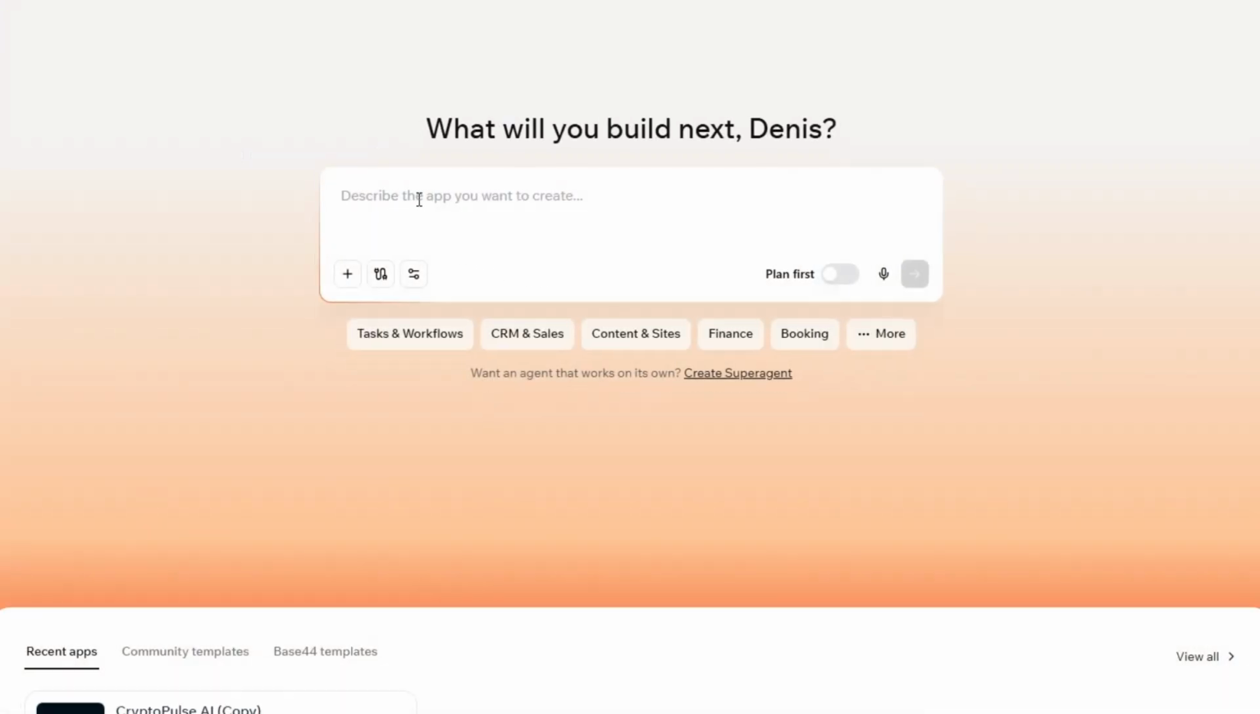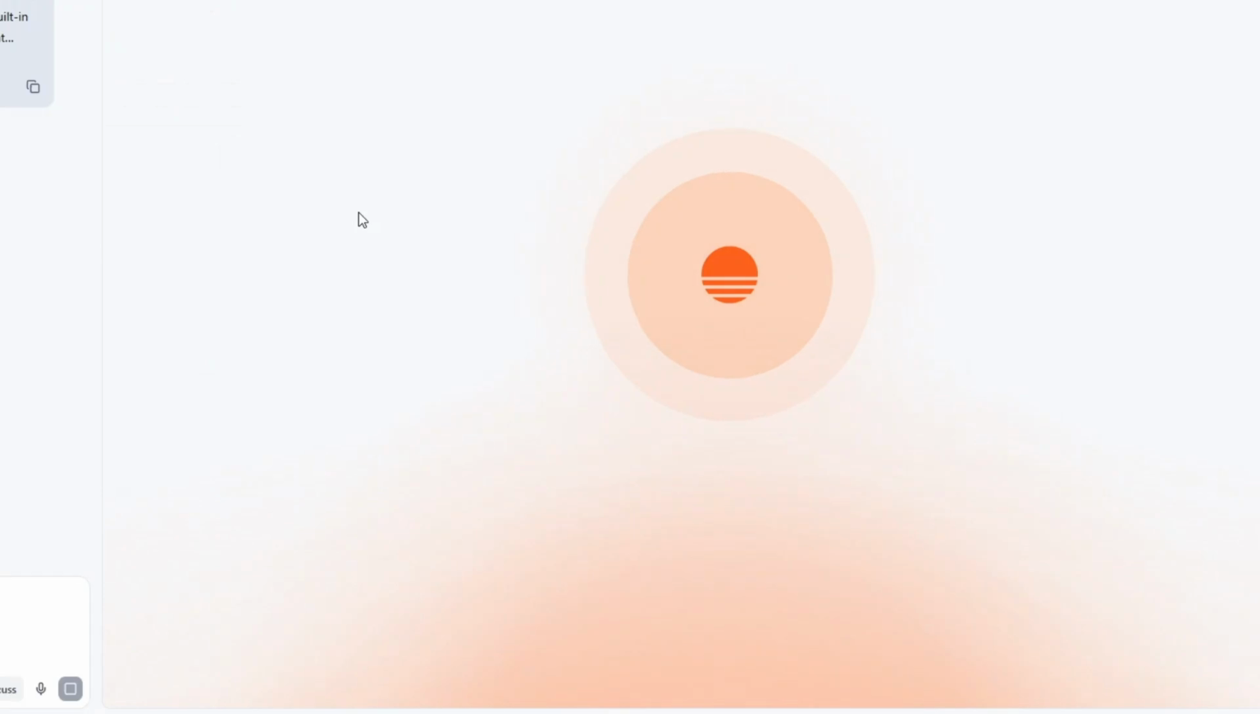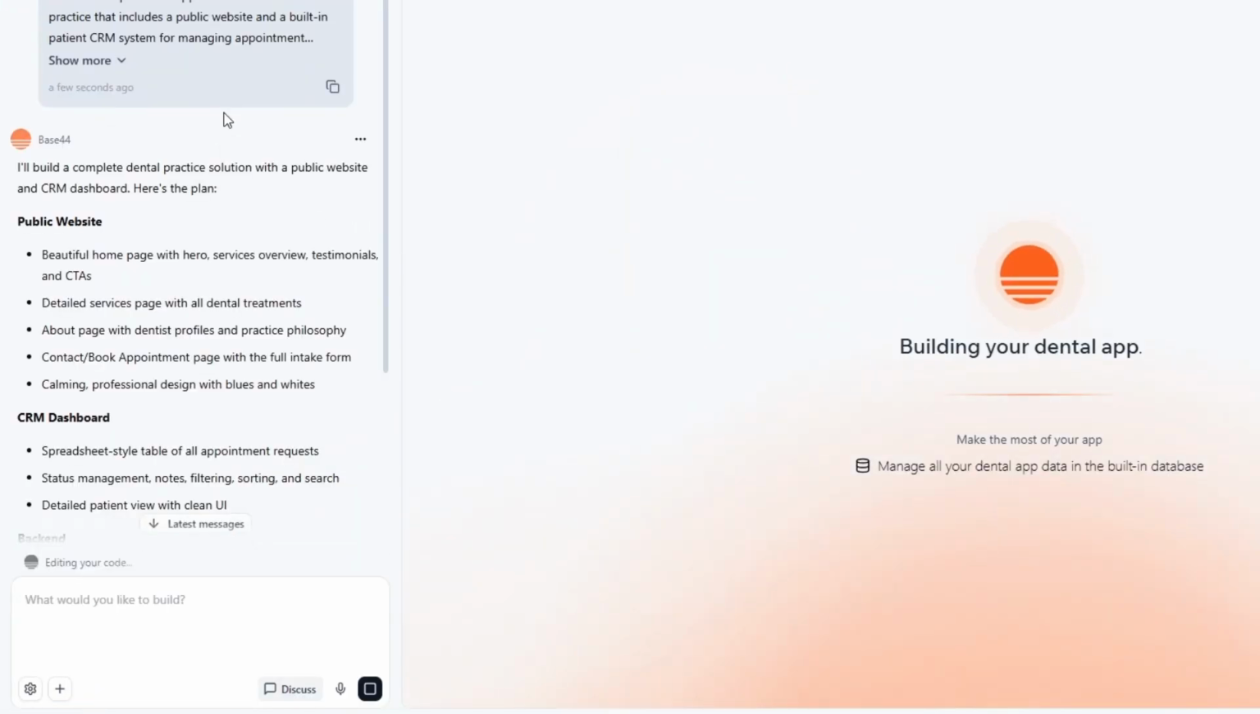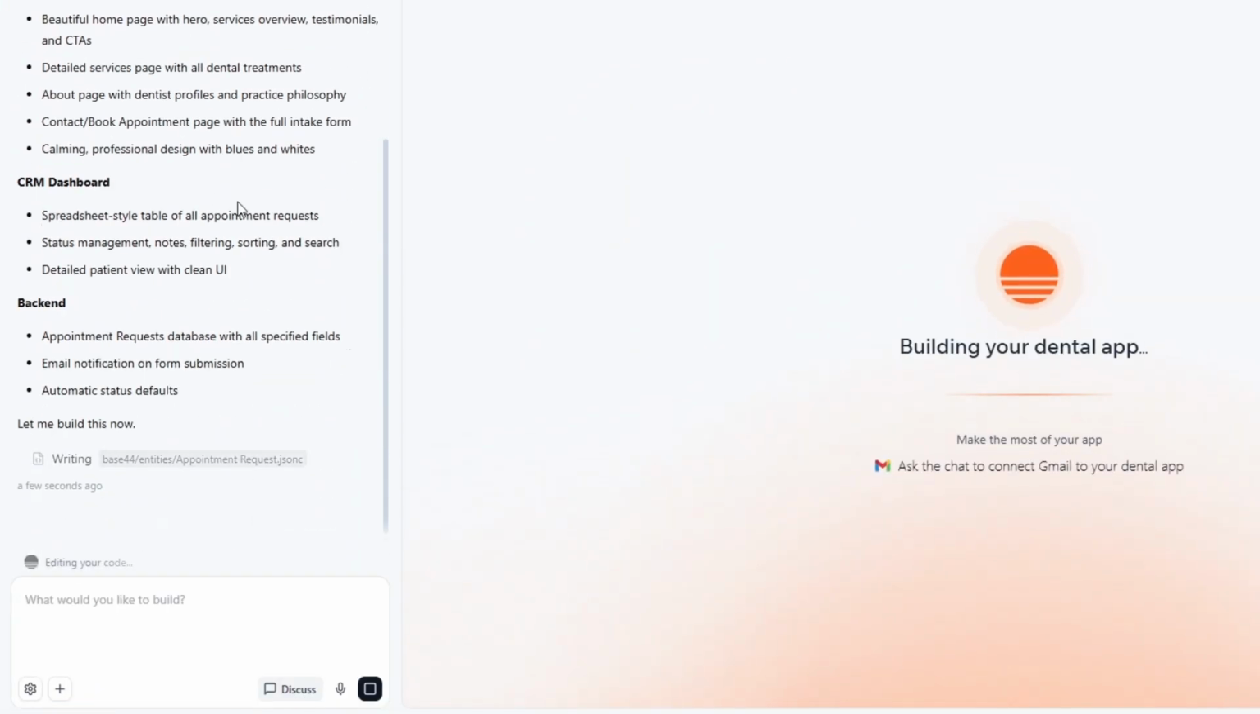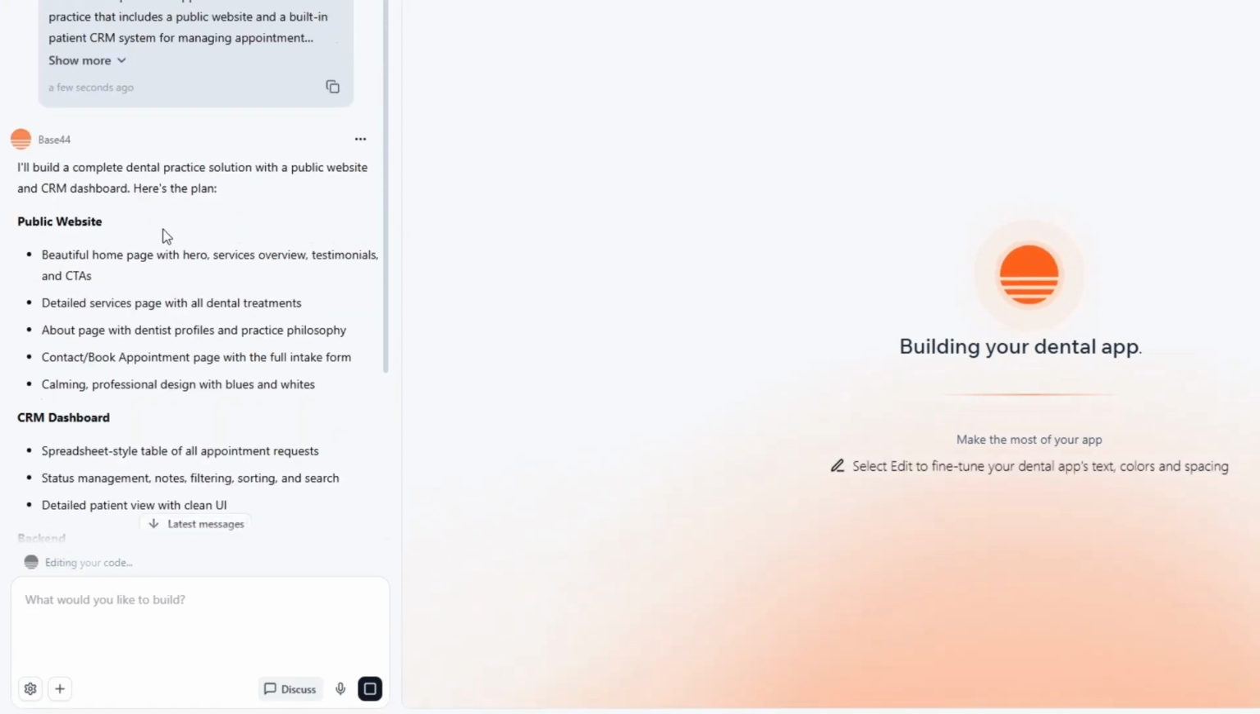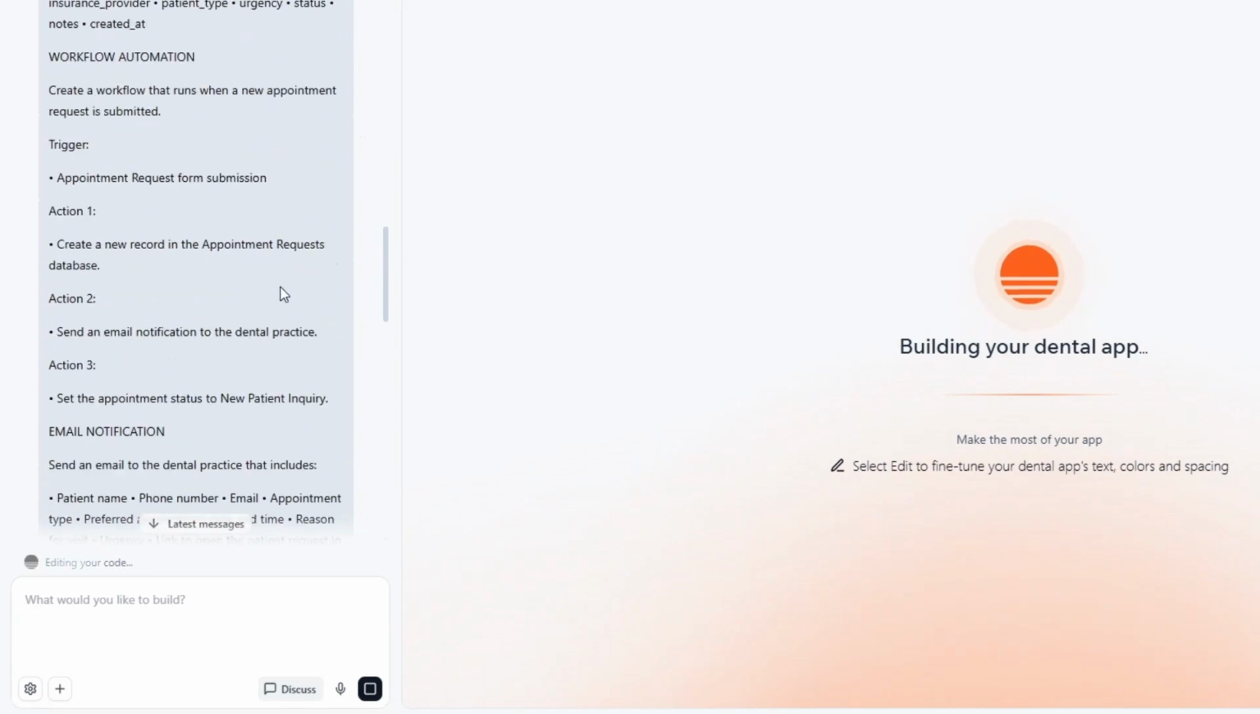So here we're going to describe the app that we'd like to create. I'll copy and paste our prompt right here. And here I'm going to hit send for it to create our web application for us. We're going to give it a few seconds to create our web application. You can see it's building our app. So in the prompt, we told it